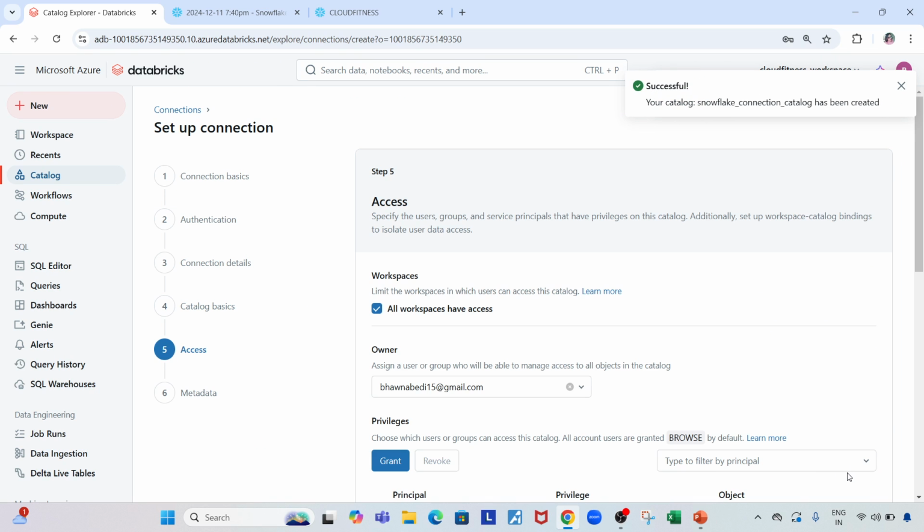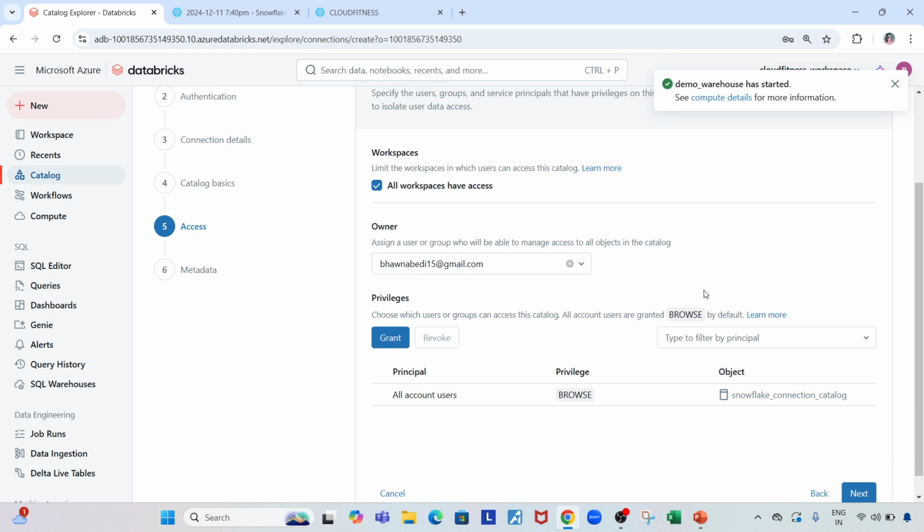Now it has verified my connection with Snowflake and it is saying, hey, go ahead and you can access the data. So now, of course, if you want to choose a group or a particular user to be the owner, you can do that. I have chosen my user right now, and this is all about the access. By default, all account users, it depends on how you want to enable it. Browse privileges helps everybody to select whosoever is the principal. It can be a user, it can be a group. By default, they will have select privileges. And now if I click on next,